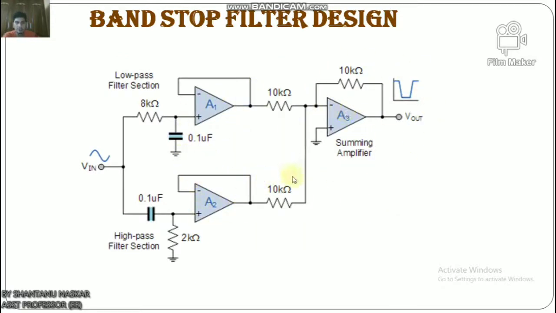So we have seen here that a simple band stop filter can be made using first order low and high pass filters along with a summing op-amp circuit to reject a wide band of frequencies. But we can also design and construct a band stop filter to produce a much narrower frequency response to eliminate specific frequencies by increasing the selectivity of the filter. This type of filter design is also called a notch filter.